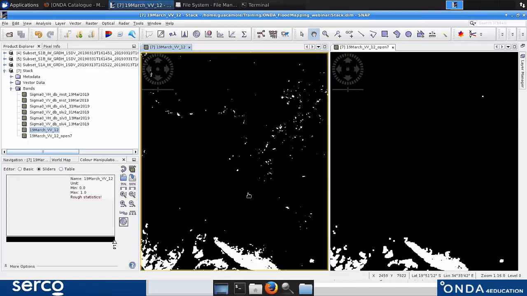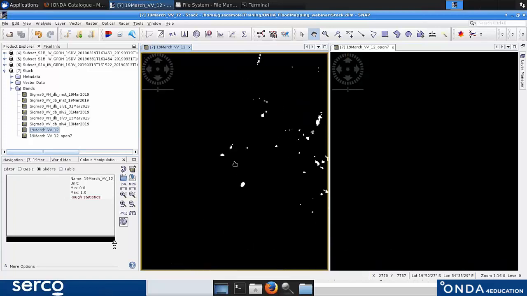So what we do is we run this open filter, and we are using the filter in a 7 by 7 configuration. It means that there is a moving window that goes around the raster, and for every pixel, it takes a 7 by 7 pixel window size. If all the pixels are of the same class, of the same value, let's say water, or let's say 1, then the pixel that is being analyzed in the center of that moving window will be changed and will